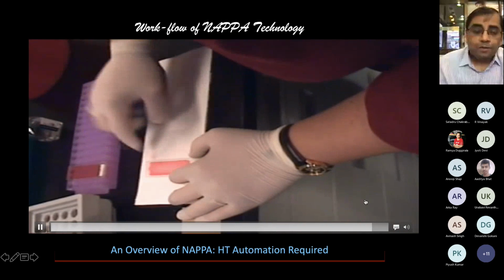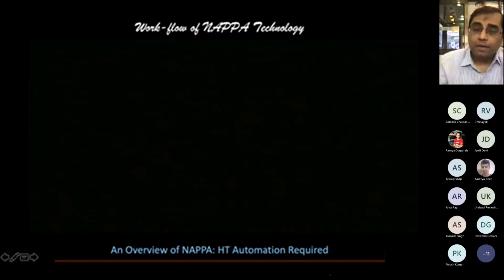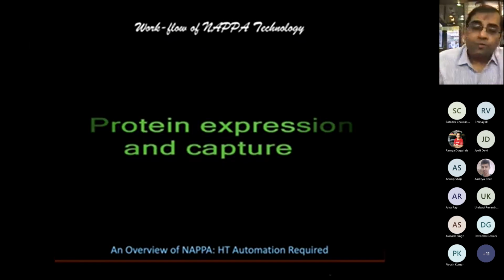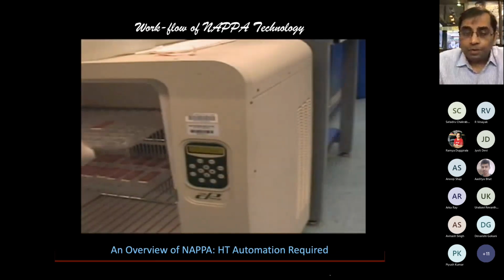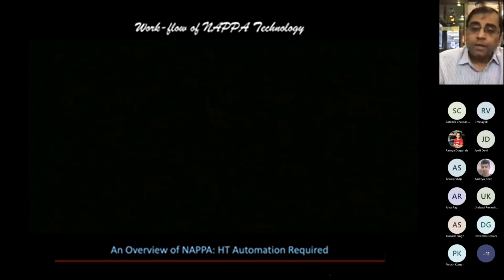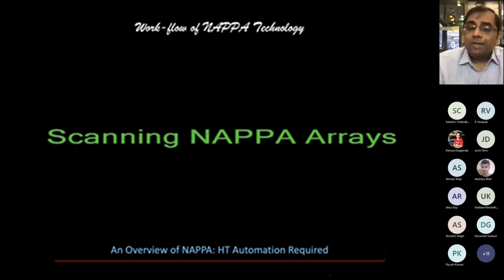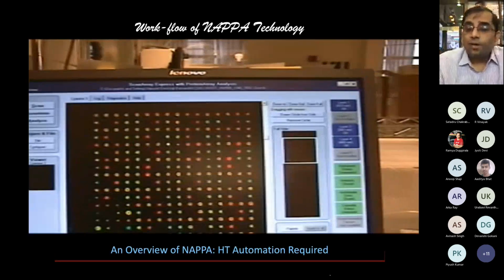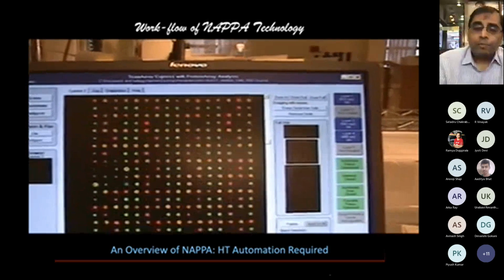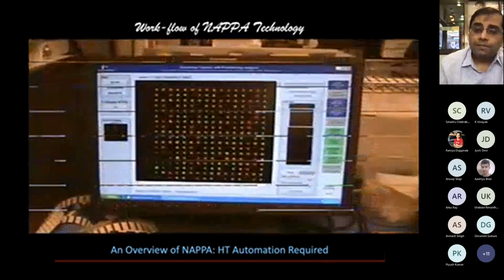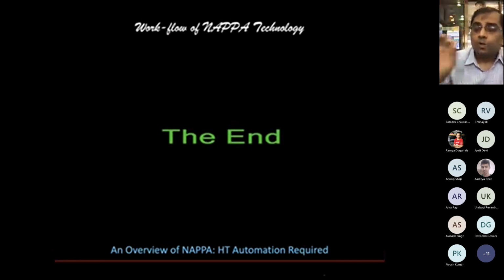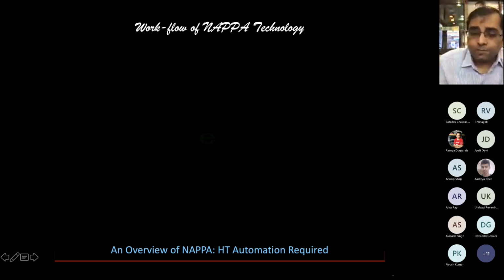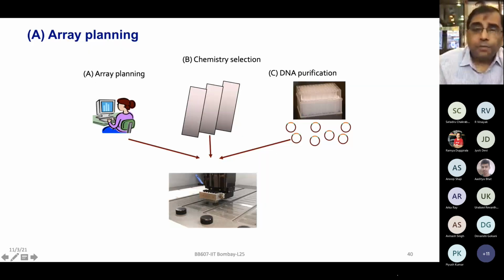So once you have done this particular reaction, let's say you want to screen for the patient serum sample or other type of interaction to happen, you will do those, and then you can scan the slides and look at the slide. Or first you want to just look at the quality of the chip itself, or what kind of printing you have seen. So now you're scanning the slide, and what you see, those spots show that the printing quality was good. I hope that gives you at least the idea for each of these steps.